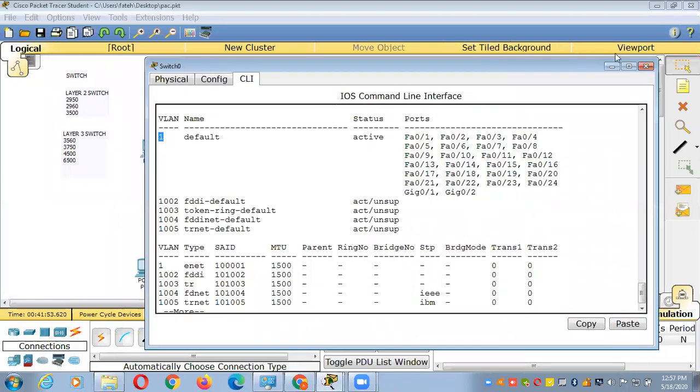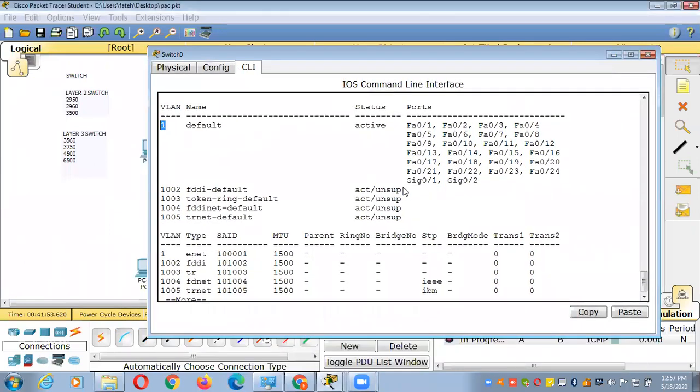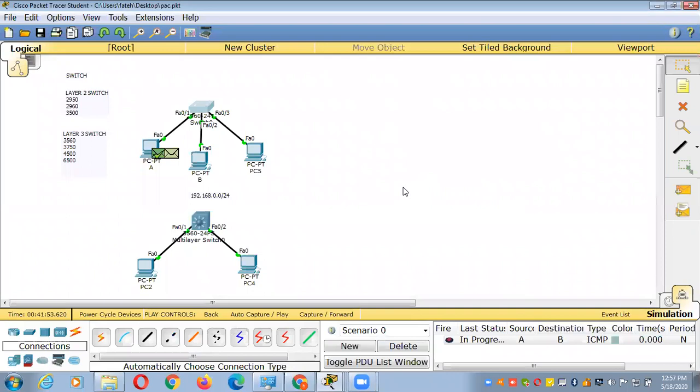So now I understand that default switch has single VLAN. But my question is, brother, when system A is trying to send the traffic towards the switch, what will the switch do here? Switch will send that ARP request to all interfaces, right?